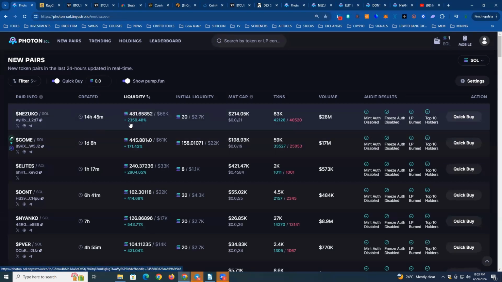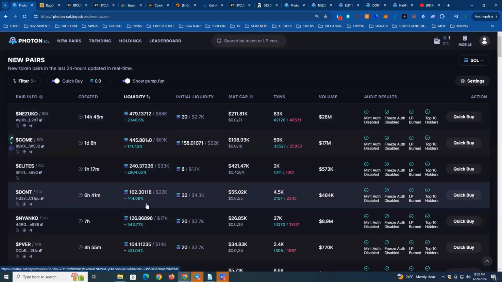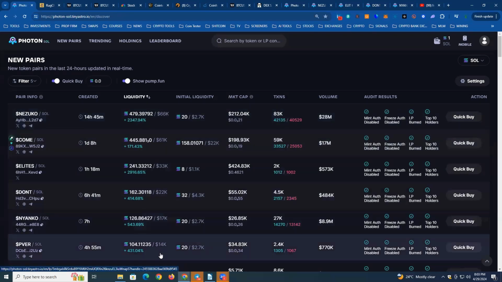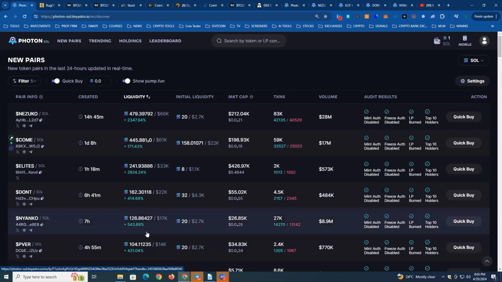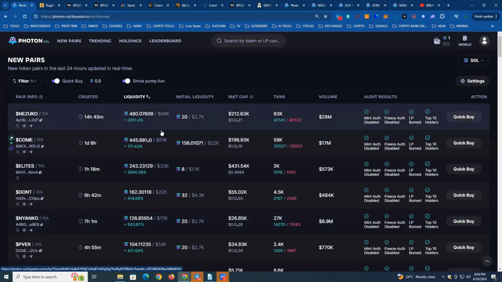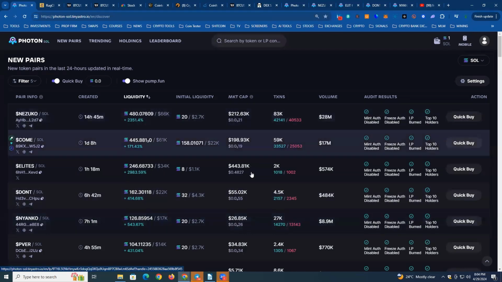Now, here it is. This is just the initial due diligence. When I say the initial due diligence, I would want to check this coin out no matter what the liquidity position is. What you would notice is that a lot of these coins have gone beyond the 1 to 3 hour phase. For instance, this one 4 hours and 55 minutes, this one 7 hours, 6 hours, 1 hour, 1 day, 14 hours. So if these are the type, and notice what their liquidity is, and notice what their market cap is,